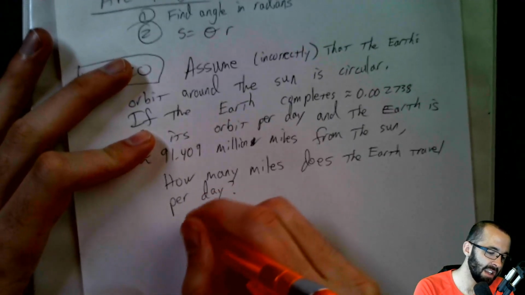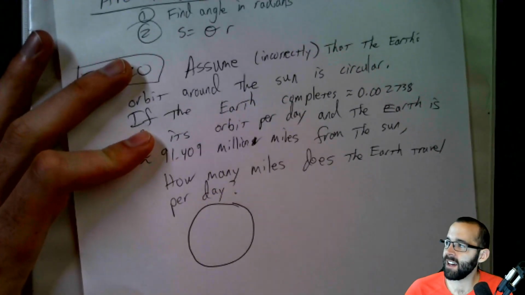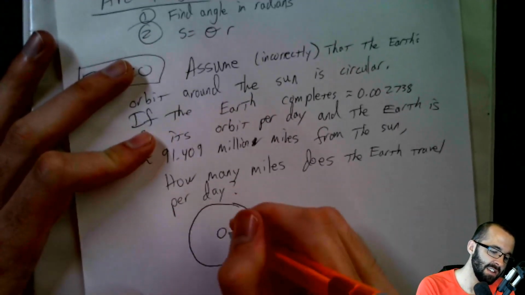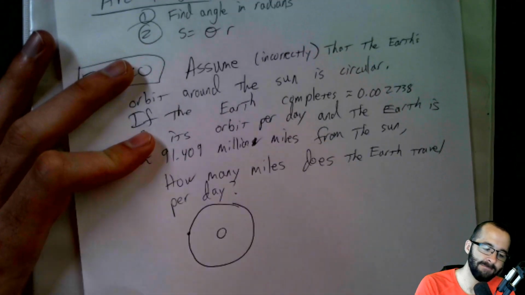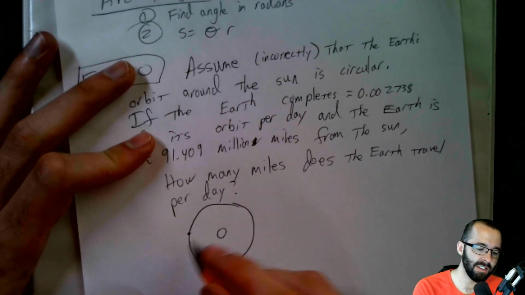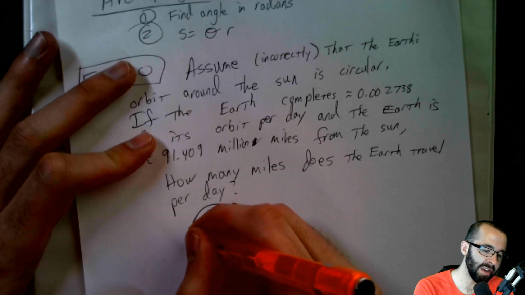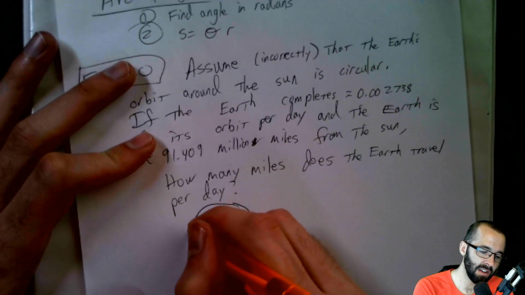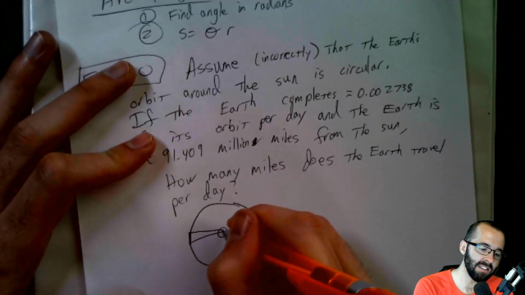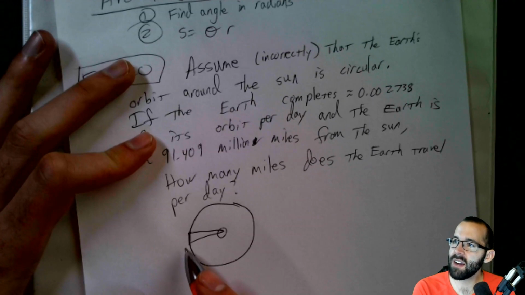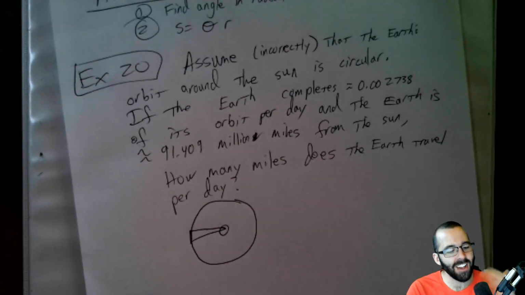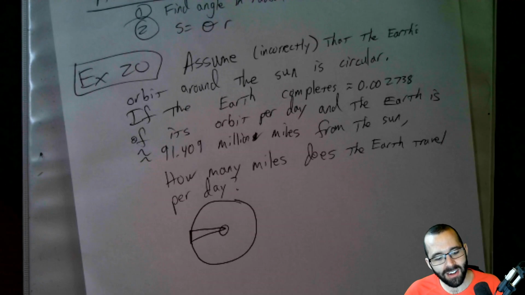So here we go. Let's assume that this is the orbit of the Earth around the sun. Sun's chilling right here. And the Earth is this little guy over here. And it's moving. We're going around this way. Doesn't matter which way we go. And let's say after a day we go this far. So when we're asked, how far did we travel in a day? All we're being asked is what is the arc length of this circle,